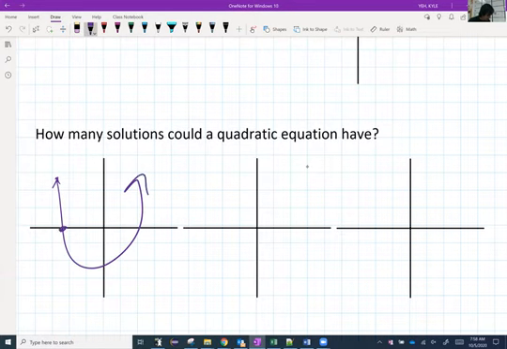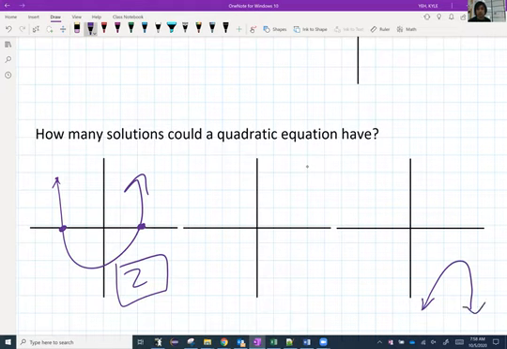But we've seen them like this, where there are 2 solutions. We also could have a situation where, what if that's the parabola, what I drew on the very right-hand side? Where does it hit the x-axis? Well, it doesn't. So there's 0 solutions there. And then there is the possibility that there is one